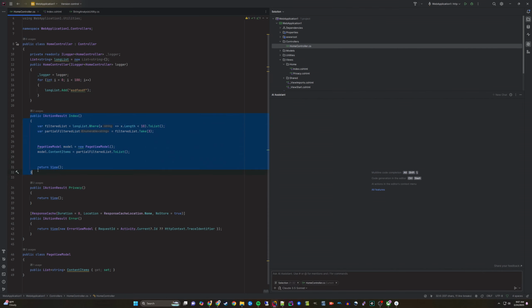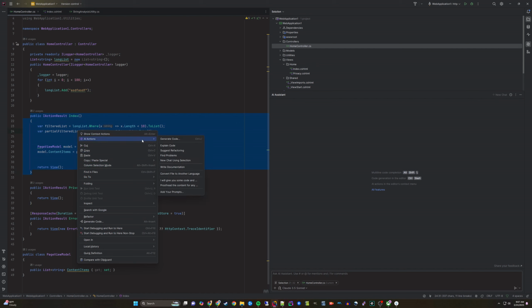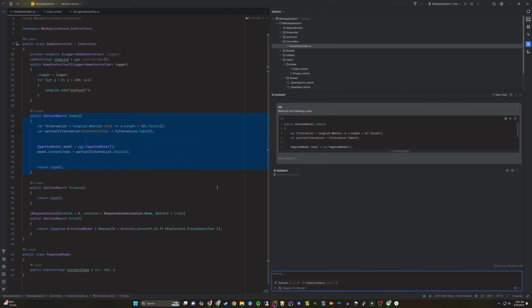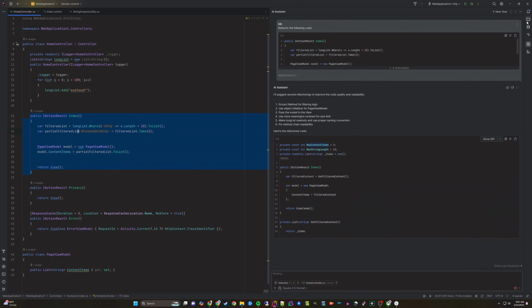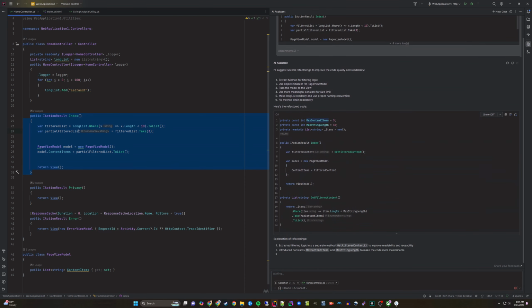Select the code you want to refactor, in this case, the index function. Then right-click, choose AI Actions, and click Suggest Refactoring. The AI Assistant will automatically begin writing an explanation of how to refactor the code, as well as the new